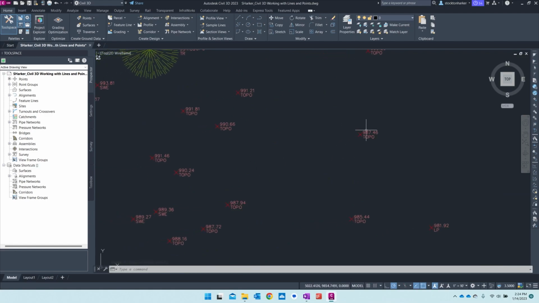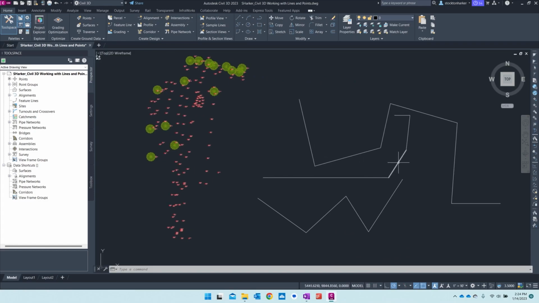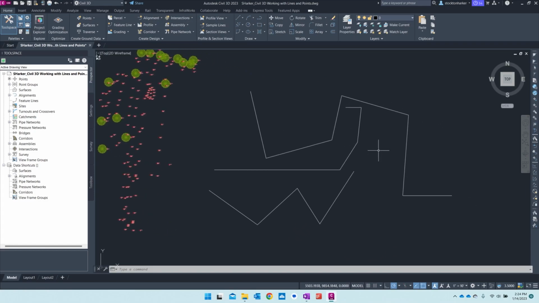We'll use the 3D polyline in a second, but for instance, each one of these points you can see is at a slightly different elevation. If I wanted to draw a line to connect these 2 points, I'd use a 3D polyline, because it would start over here at the elevation of 987.94, and then as I draw it, the end would be at 987.46. If I were to draw just a regular polyline, you wouldn't see that elevation difference. So you want to use 3D polylines to draw on a 3D plane, and regular polylines to just draw on